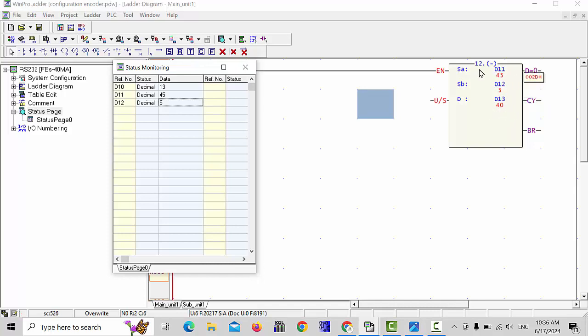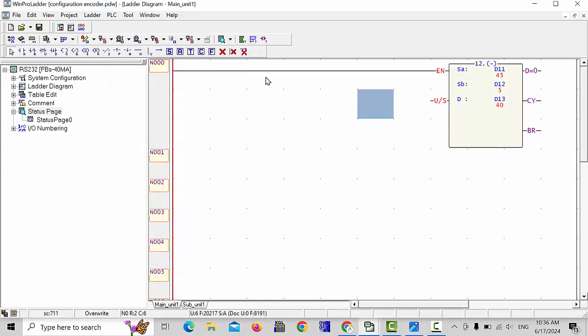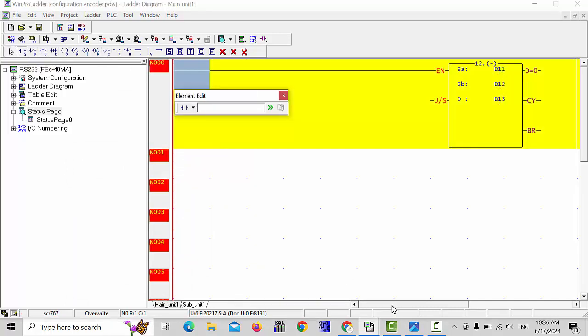Any value coming from the field, and this figure which you put here, and you like to see the value at your HMI or display, that value will continuously show after subtracting from this data and show it in D13. For example, we will put here some relay, one I relay put here